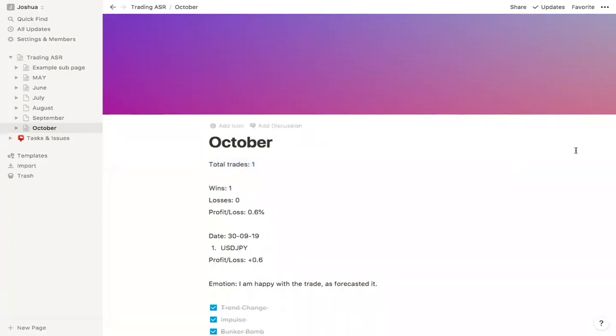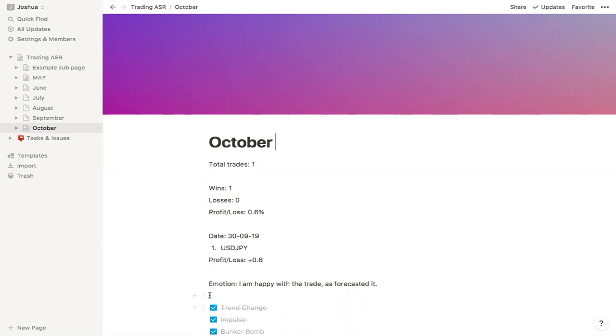So I use Newton, which I found a very, very good and simple way of using a journal. Okay. So what I want to do is go over how I'm journaling and what I'm doing. As you can see here, this is the basic template that I'm using. I put October, which is the month, and then I'll put in the total number of trades, wins, losses, profit, losses. These you will alter as it goes through the month. Then you will have the date, the pair you're using, profit or loss for that. Then I like to put